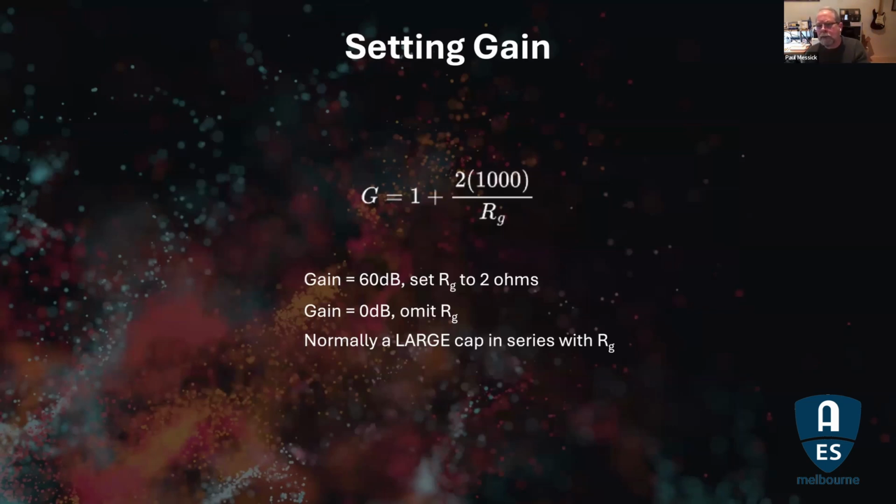So you set the gain of this with RG. If RG is infinite, you pull it out of there, then you get a gain of 1, which is our 0 dB gain. So if we want 60 dB, then we're going to set RG to 2 ohms. I'm slightly wrong because I've now got a gain of 1001, but I don't mind. We'll see in a second that a 2 ohm resistor is actually quite hard to get to 2 ohms. It's a source of difficulty.